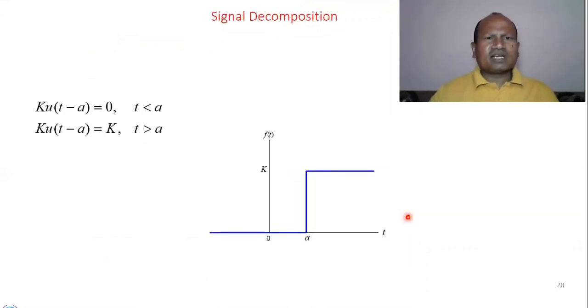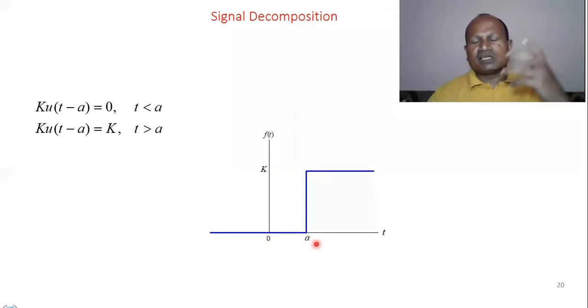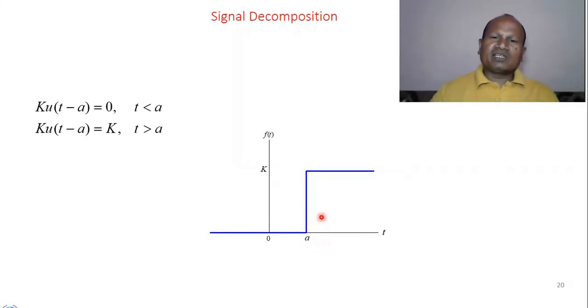Now, if there are different waveforms which are given and we are asked to compute the Laplace transform, we can decompose the signal. Like, see here, this is the same step signal. We cannot call it a unit step signal because the magnitude is k. So the step signal, which is beginning from a, the signal is delayed by a. We can write this signal as k u(t minus a), that equals 0 when t is less than a, see here, and when t is greater than a, the signal is equal to k. So we can also calculate Laplace